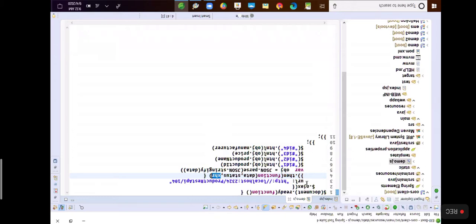So in jQuery we have built-in Ajax methods. To make an Ajax call to a URL, we have the built-in function Ajax. And after getting the response from the URL, this is the next callback function executed.